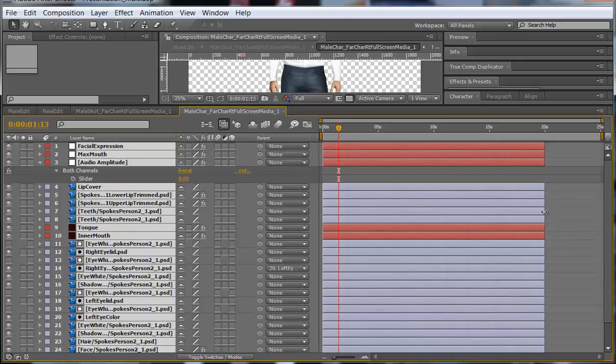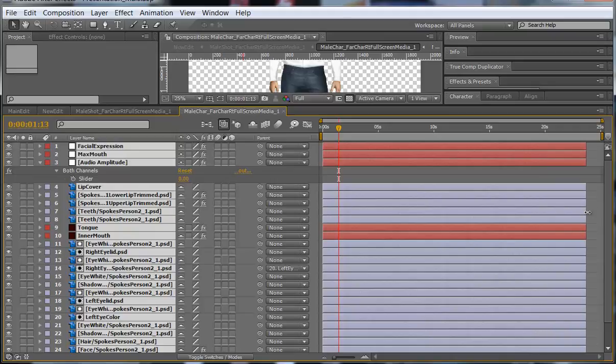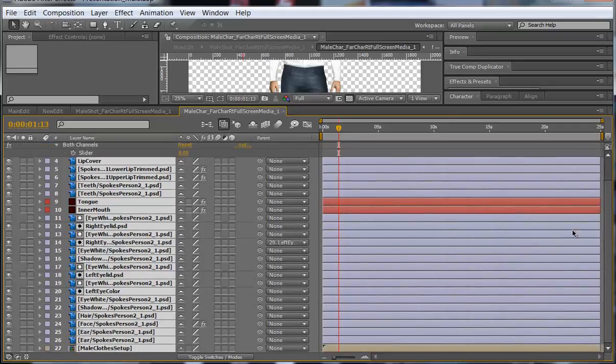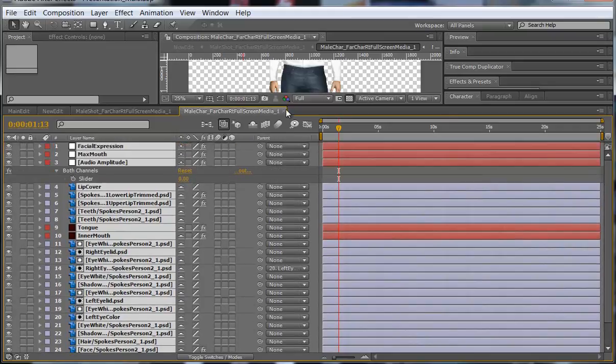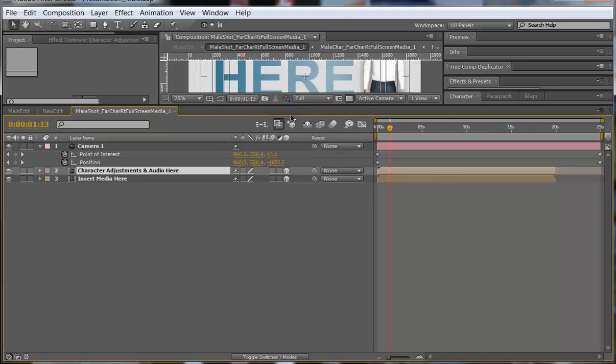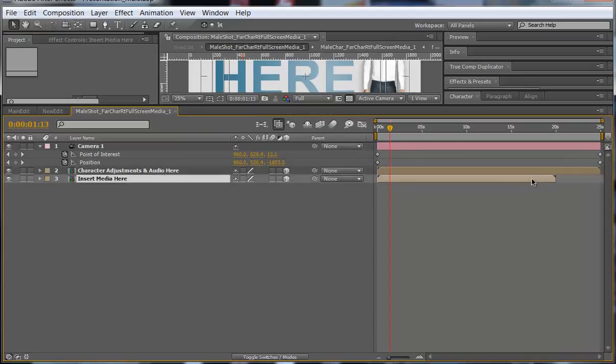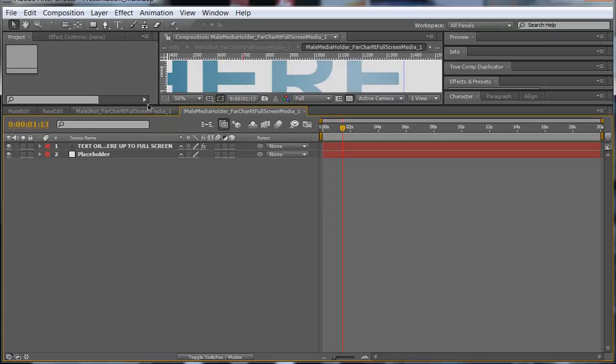Click and drag on the edge here, so click on the edge and drag until you get to the 25-second mark, and that's good for that. So let's close that and then drag the edge here until we get to the end, and so that's set up. And now we just need to do the same with this one, so double click it